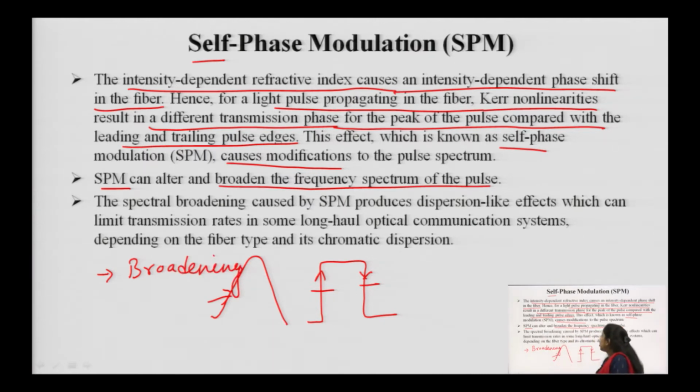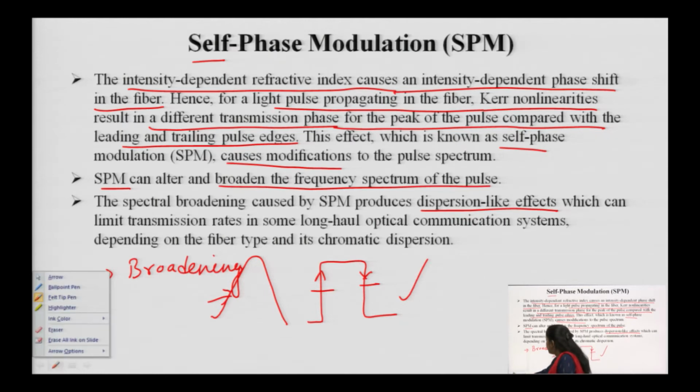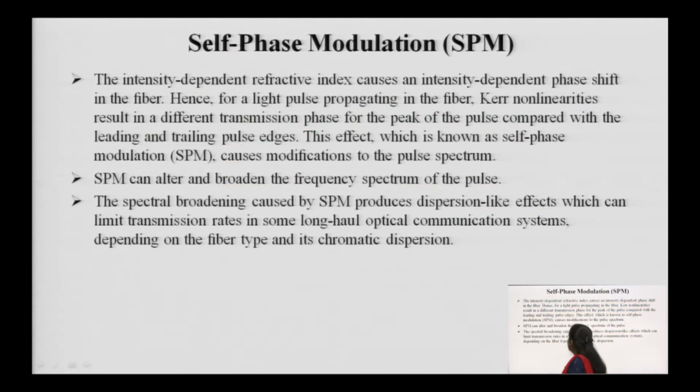The spectral broadening caused by the SPM produces a dispersion-like effect. What the dispersion actually does, we are going to discuss in the coming slides. In the dispersion itself, whatever be the signal at the input end, what is going to happen? If it has this type of pulse at the input end